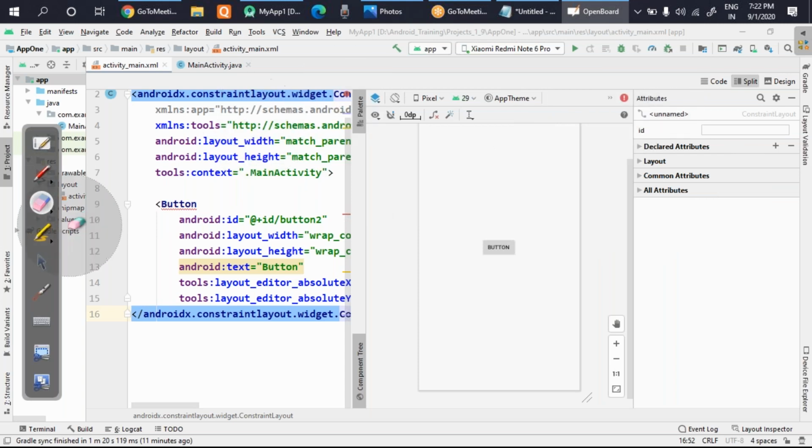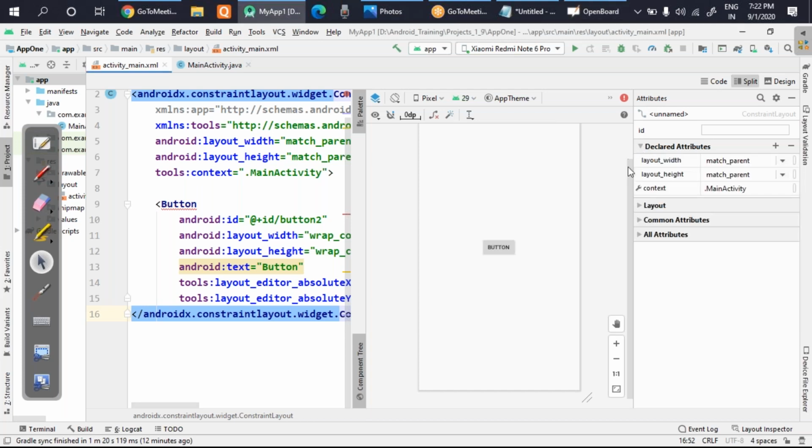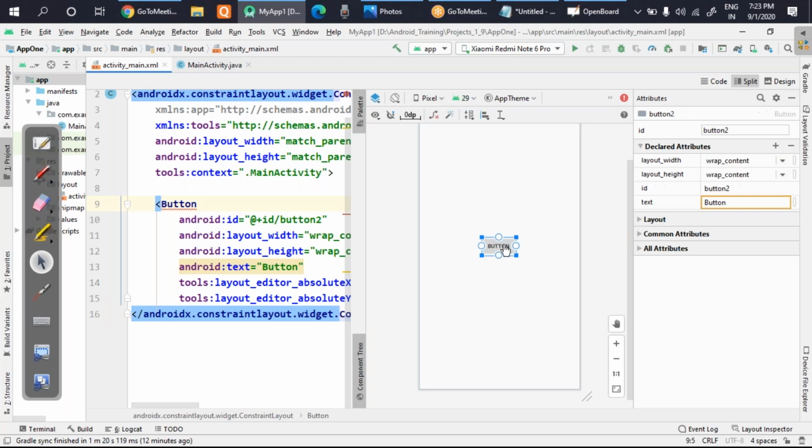Okay, now if you look here, all of you, can you see the first one is called declared attributes. So I'm going to expand this. So as soon as you expand this, you can see by default some kind of property has been already given. So as soon as you drag some buttons and all, the default properties will be given here, and the default property is the width and height. Okay, so if I select this, you can see here the default property is the height and width of this button, that is called wrap content. Here I'll explain what is the meaning of wrap content, just wait.